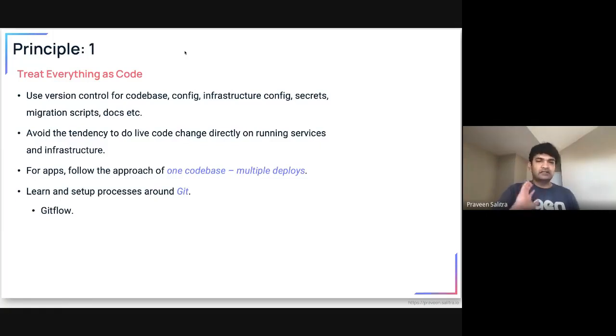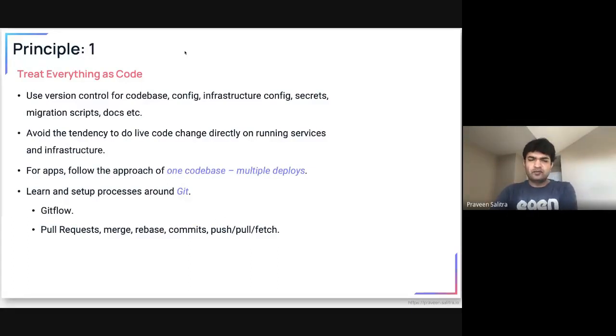So gone are the days when you would be having 3-month release cycles, and at one night on a Friday night or so, you will sit with all the release managers and then release it together with a severe downtime. It doesn't happen anymore in the modern companies. So, going back to Git, from a developer's perspective, you have to understand what are pull requests, merge,